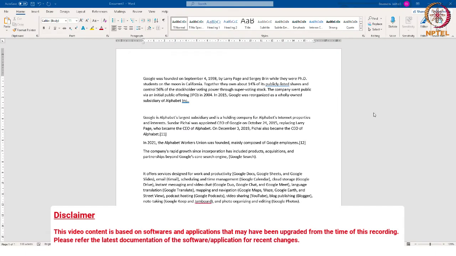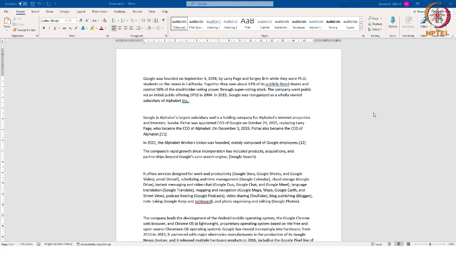In this video, we are going to see a feature called word count in MS Word. A word count is most often needed in a writing project or assignment which has a minimum character length. To get word count, we can just go to the lower left hand side of your MS Word document and you can see here there is a word count already available by default.